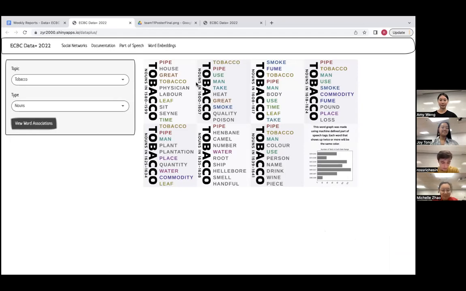These are word graphs created by looking at every instance of tobacco or opium in the selected date range and taking the 10 surrounding words and their parts of speech. The 10 most common of these words are put into the visualization. Words that show up more than once per date range are colored the same so that rank can be traced